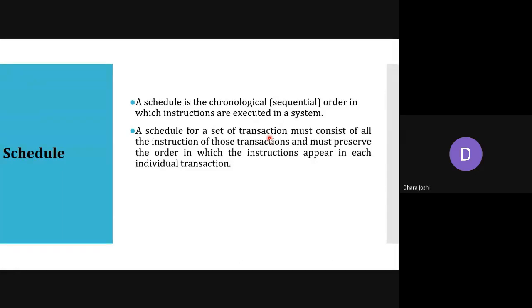It will not change the sequence of one particular transaction. I'm writing so you will get it better. Suppose I have T1, and in T1 I have first the read operation, read A, and the next one is read B.